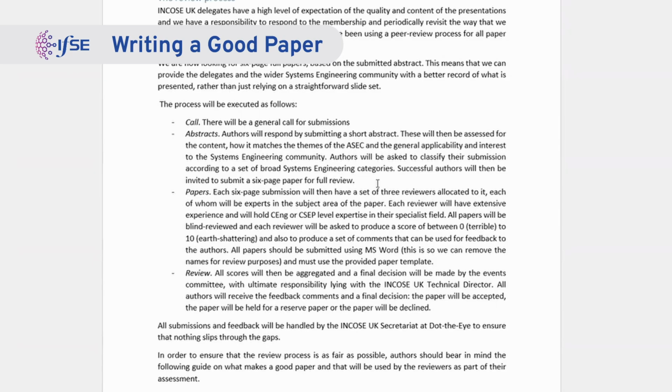The final decision is based on the scores. Each of the 3 reviewers submits a score between 0 and 10. I then average these, and it's that average mark that tells us which papers get in and which don't. It's simply done on the highest 11 papers get accepted. The next 2 get accepted as reserve papers. What we found the last few years is that the difference between being accepted and not has really only been half a mark or a mark. So it is important that you submit your paper in a way that makes it easy for the reviewers to look at, because that can make all the difference to the score. And as I said, that extra point here and there is going to make a big difference.